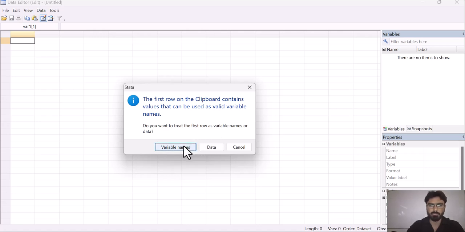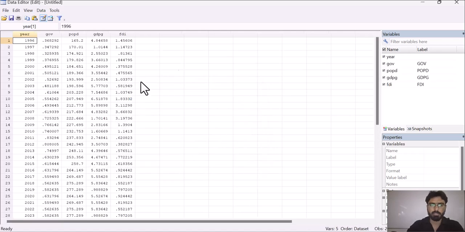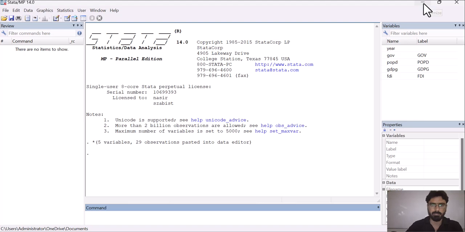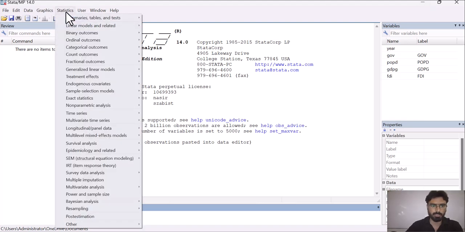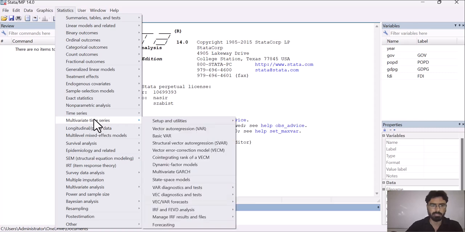Then click on this option. Here you can see that it has brought all your data into Stata. Now go to statistics, then multivariate time series, then select VAR model, vector auto regression.